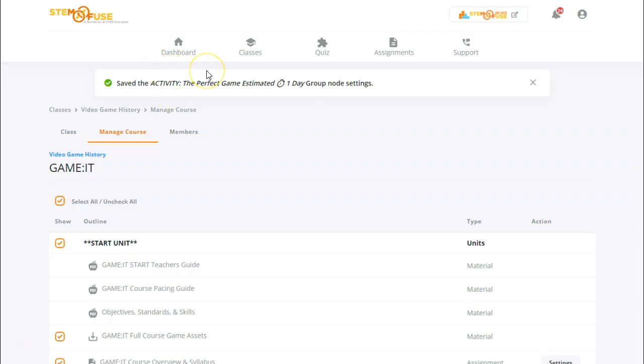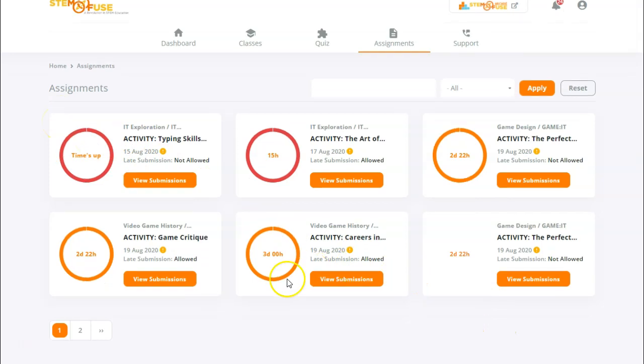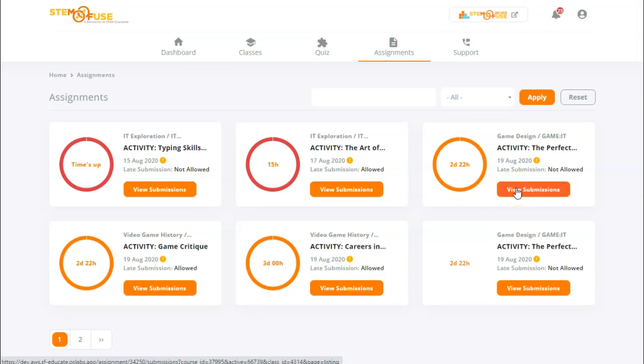Once you have set the settings for a particular assignment, it's considered an active assignment. So you can go ahead and click on the Assignments tab to view all of your active assignments throughout all of your classes. As you can see, we have some different assignments with deadlines that have passed and pending deadlines. We can go ahead and click on View Submissions to view all the submitted and pending student submissions within